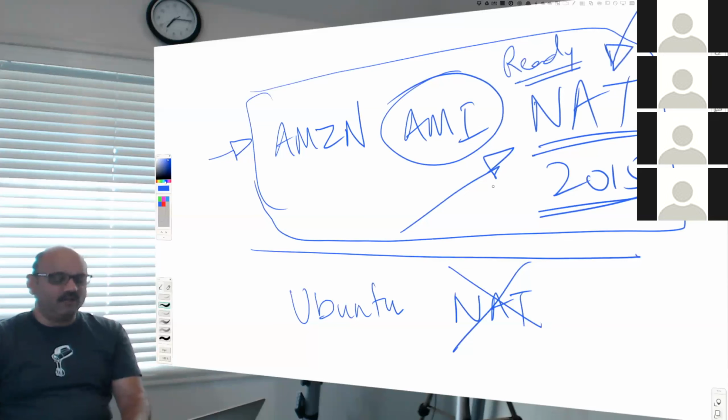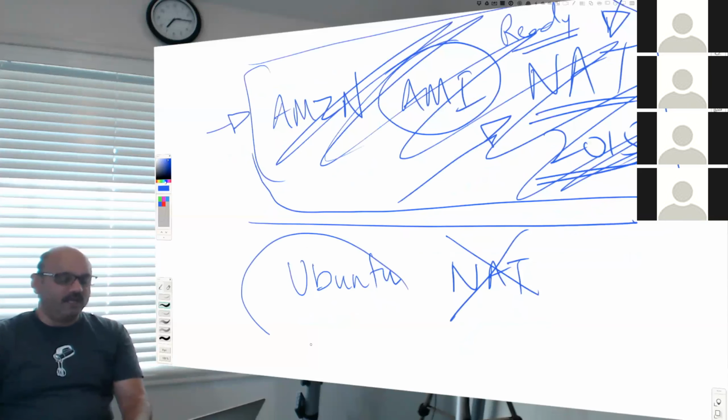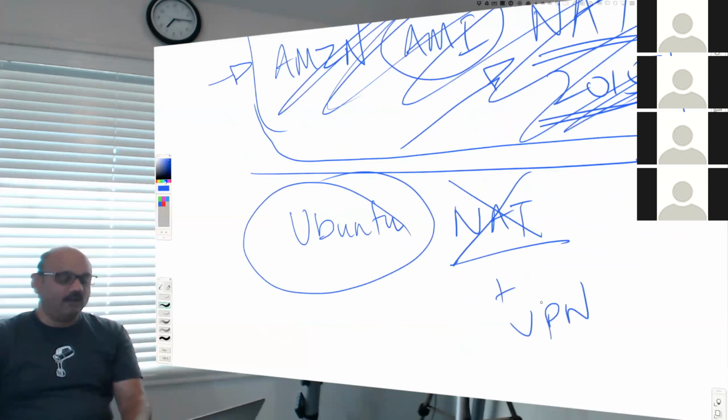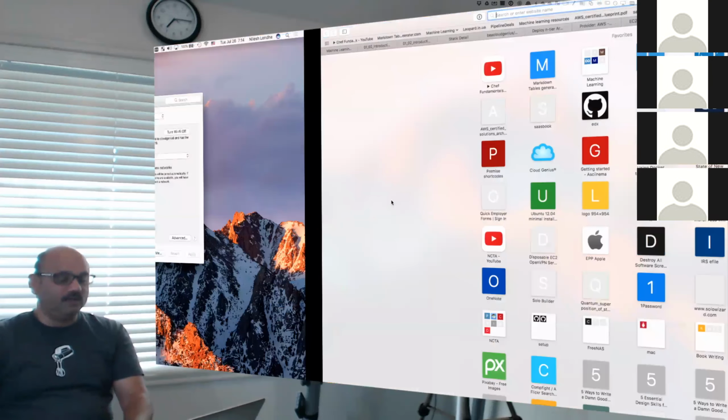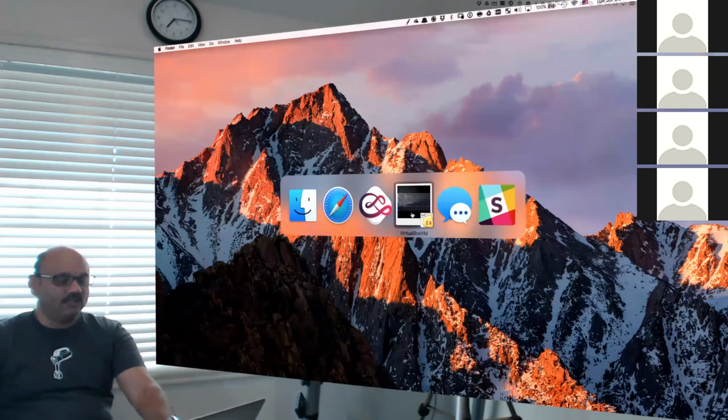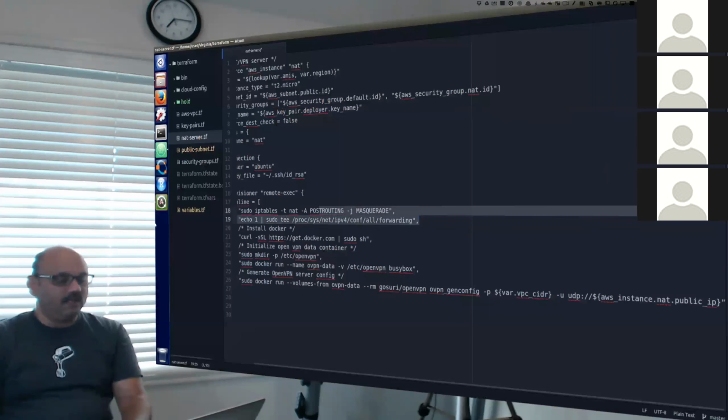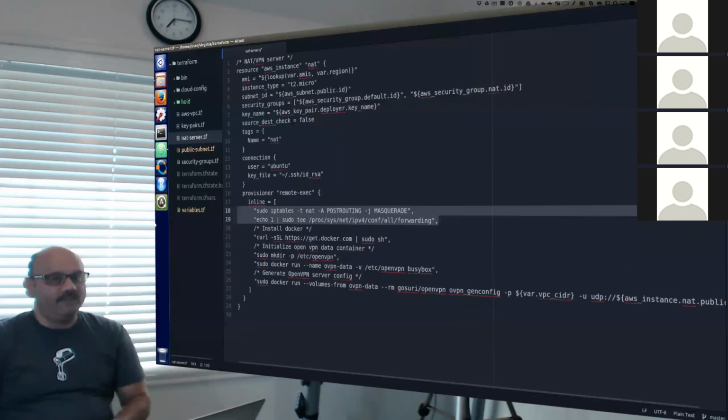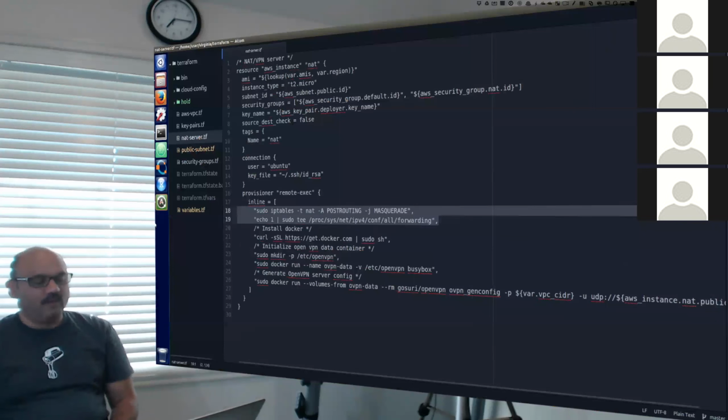With this automation, I don't want to be dependent on other people. I will just use plain vanilla Ubuntu, make it a NAT and add VPN. I'll create my own NAT. And those NAT devices are constructed with these two lines. Yeah, 18 and 19, they make me a NAT box. Okay, 18, 19, NAT box. 24, storage for VPN. 26, get me a VPN server. And we'll understand these details as we run it. Okay, I got it.